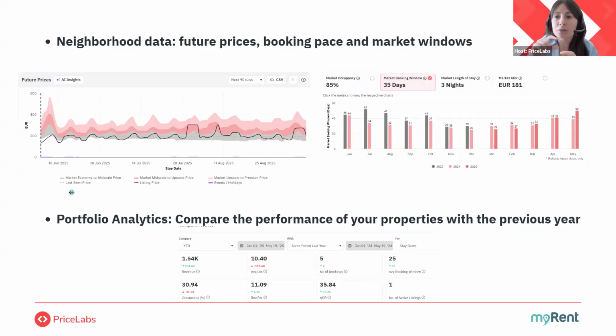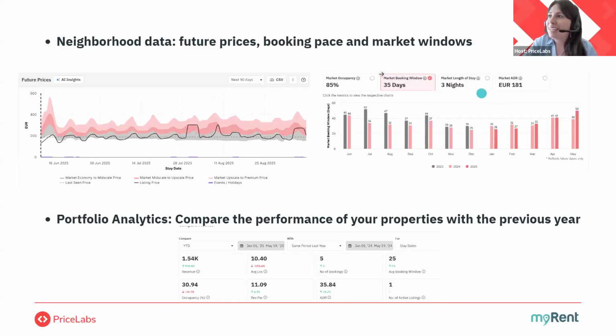The market is divided in different bands with different colors. So we have the gray one, which is the economy range of the market. Dark pink is the mid-scale range of the market, and the light pink will be the most expensive properties of the market, so the upscale one. As we can see, your price will fluctuate and it will range from the economy part to the upscale part of the market. This is because you have different demand, different seasonality, maybe different customization, which will adjust your price. So from here, you can see, for example, in case you need to adjust some periods